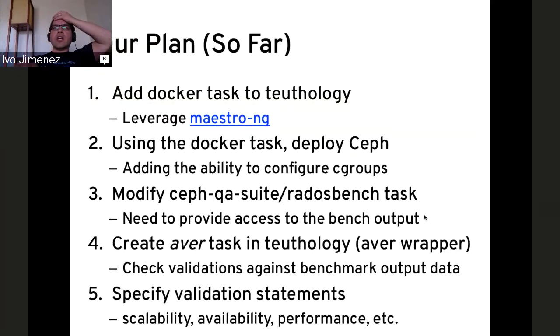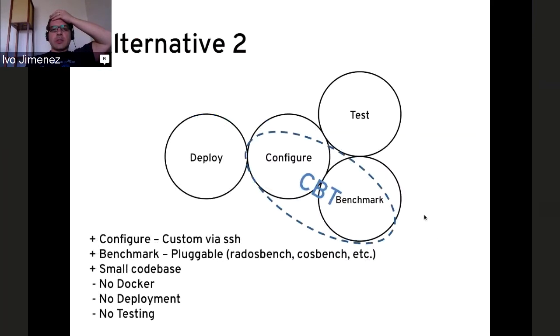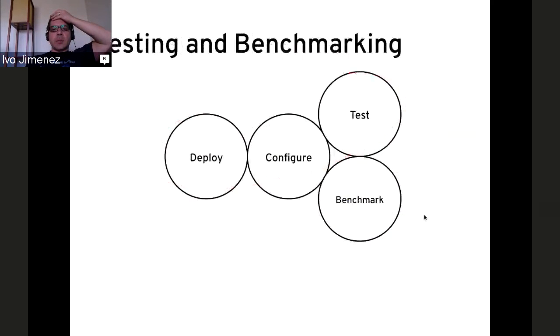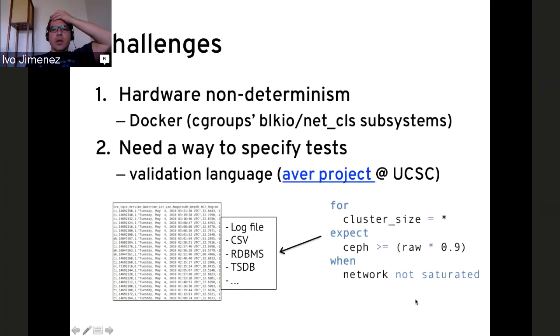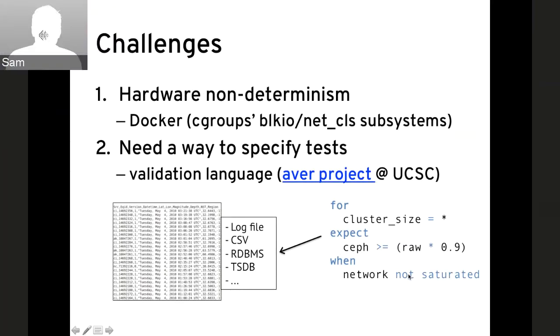So your validation would be regardless of the size. Actually, this statement is specifying that. So regardless of the size, I would expect the performance of Ceph, the throughput of Ceph, to be within 90% and above of the raw performance when the network